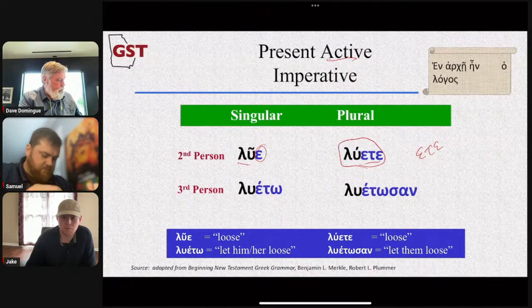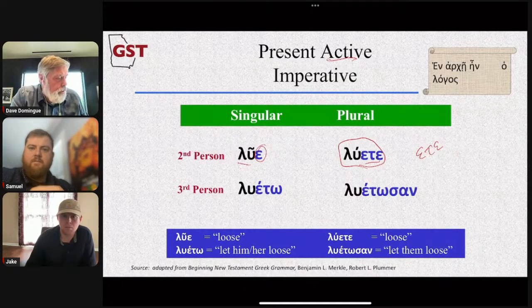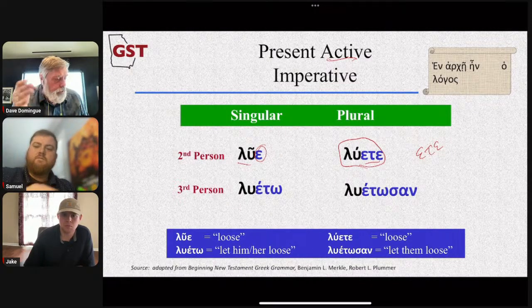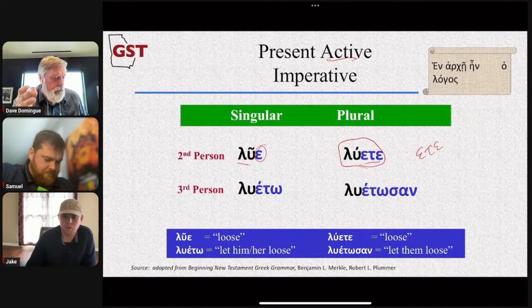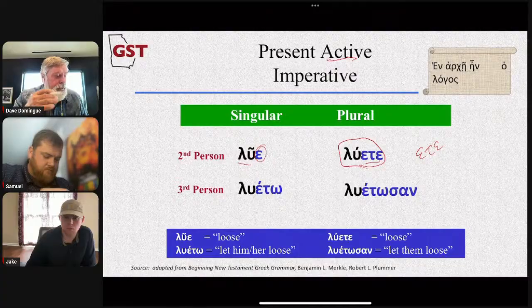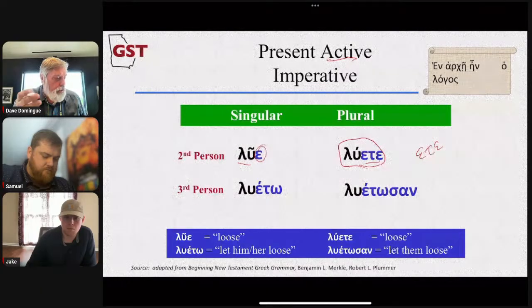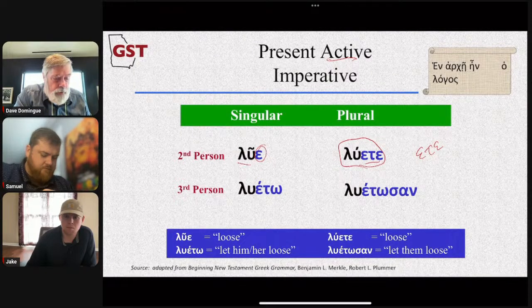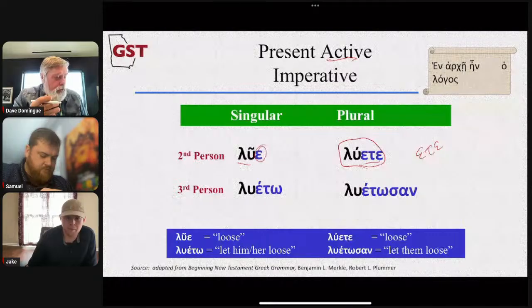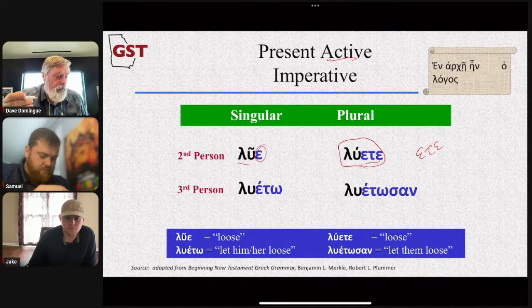Here it is on page 382 at the very bottom. It says confusing forms. Number 33.9: do not be fooled about the second person plural active and middle endings, the ete, the este, the sate, the saste of the imperative. They are the same as the indicative. So there's a lot of crossover, and context usually helps. But there are some cases where that may be a little hard. And he gives us the next example. Jesus says to his disciple, "Ekete pistin theou." Well, is he saying you have faith of God?